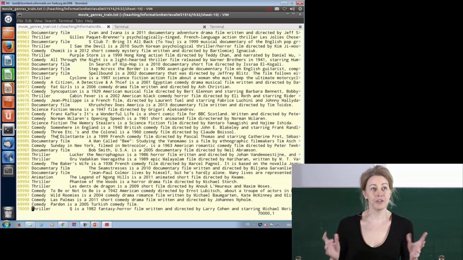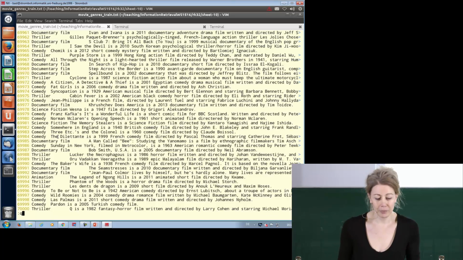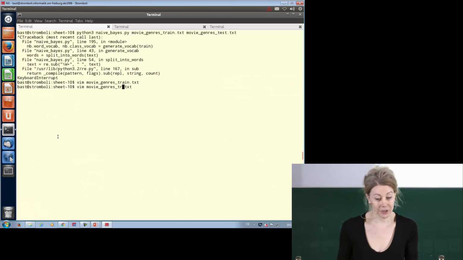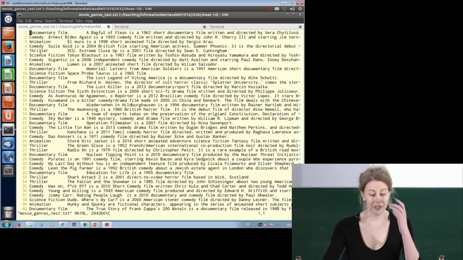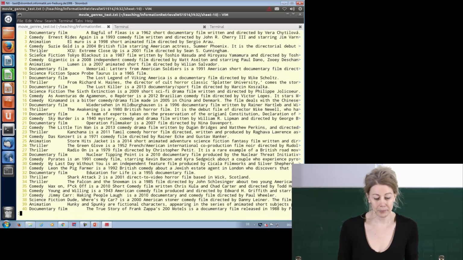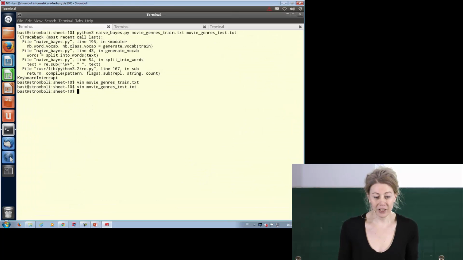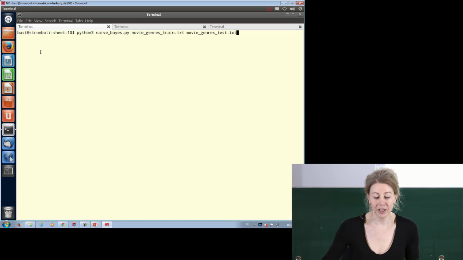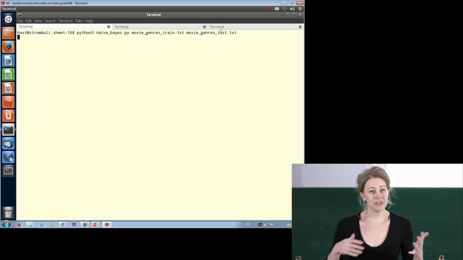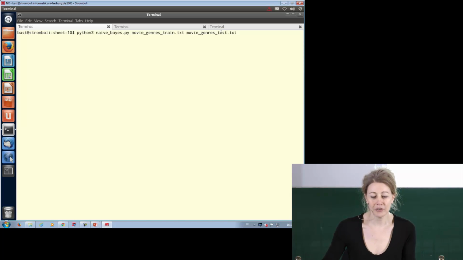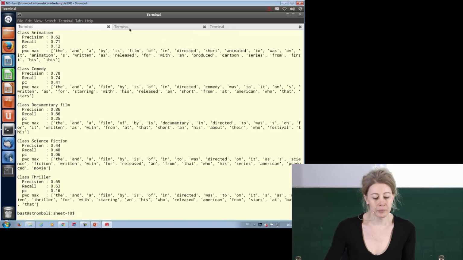Those were 70,000 pairs to learn from. And then you have the test set, of course, with other movies, where you don't know the label, it's just given here so that you can evaluate whether it's correct or not. And so let's just see what happens if we run naive Bayes. This is one of your solutions, train is the first argument, test set is the second argument. It's 100,000 movies, right? So it takes some time.